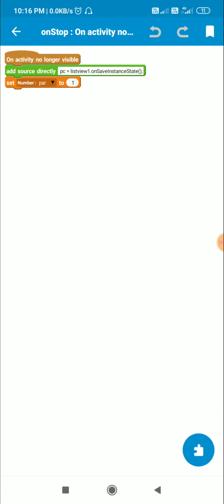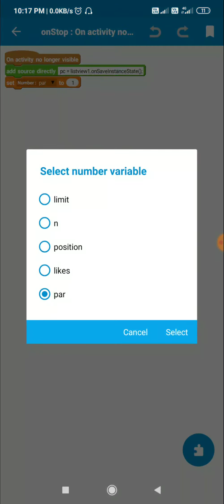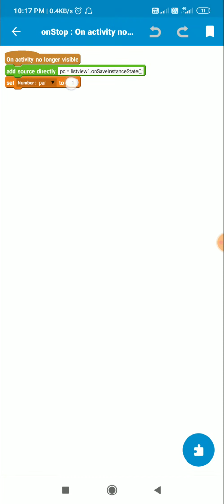In onStop I set this parcelable PC equal to listview1.onSaveInstanceState. This will save the state of the list view in this parcelable. So we have to remember this code, listview1.onSaveInstanceState, and here I set this number variable par to 1.